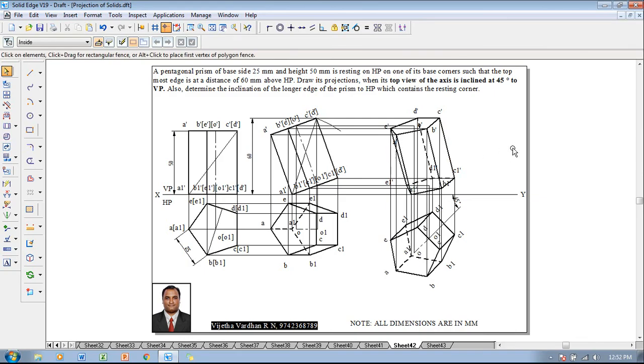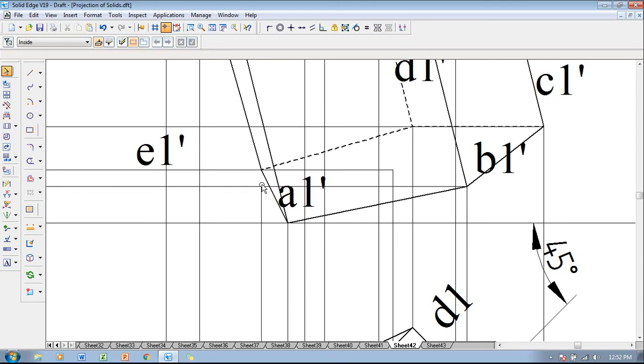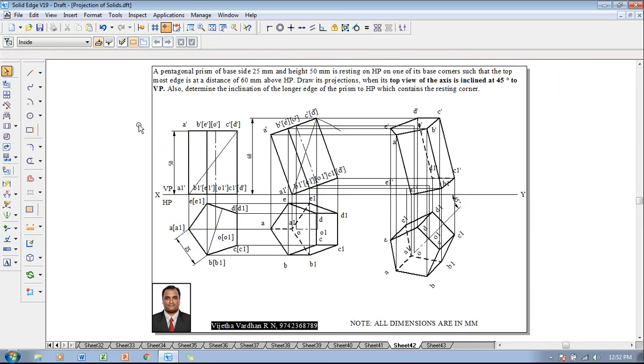These are the edges which are passing outside the visible base, and here we have made a small mistake. This is not the position of A1 dash, so let me recorrect it. A1 dash to E1 dash is a different point. We will project that E1 dash properly. So now E1 dash is here, so we are going to connect E1 dash properly.